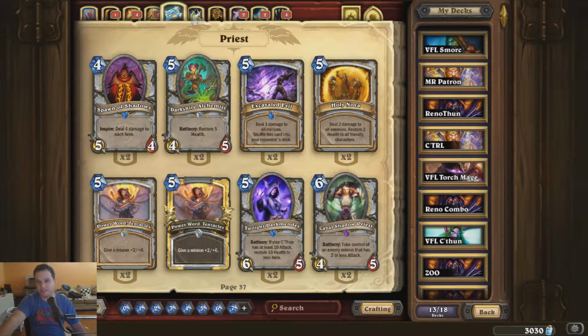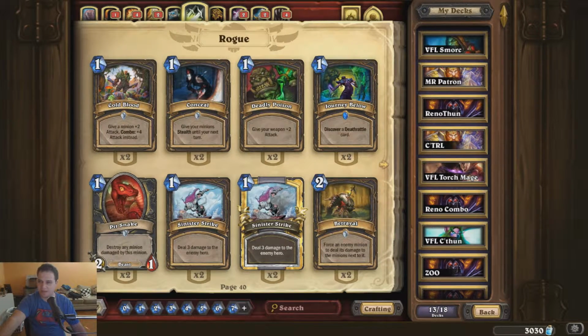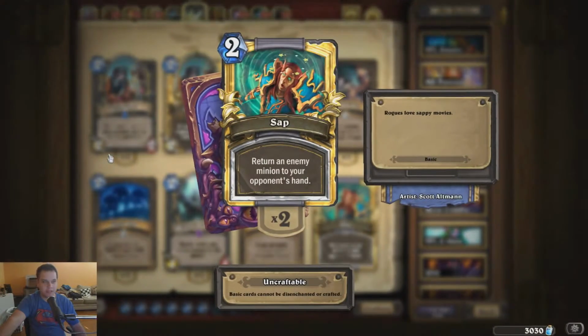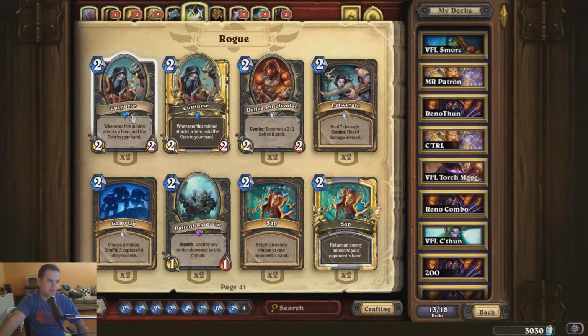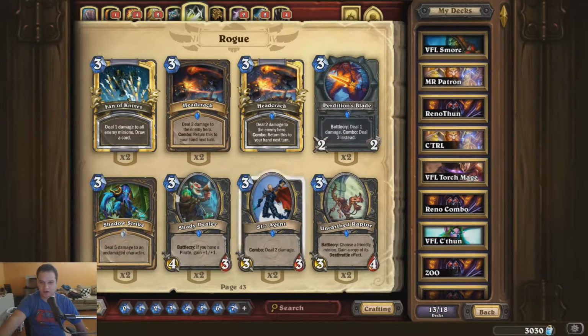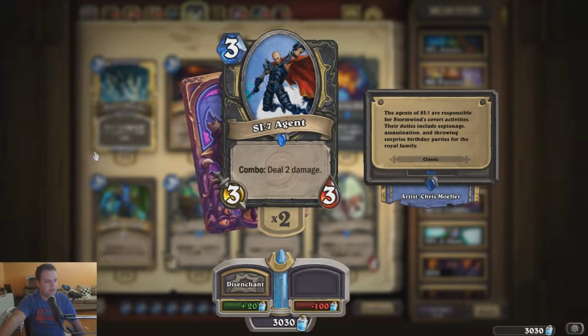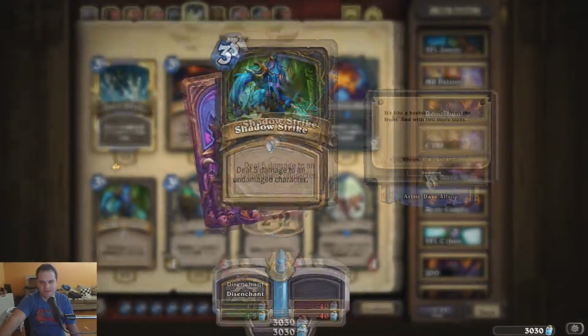Shadow Word Death is the only way that Priest can deal with it. Rogue has a freaking awful time dealing with this card. I should know because I like Rogue. I main Rogue. And what do you do to counter this card? You could Sap it. Eviscerate and Backstab don't kill the card. The new card, Shadow Strike, doesn't kill it. Now if you Shadow Strike and SI:7, you could kill it. Yeah. Great. The only problem is you're not going to be playing both these cards